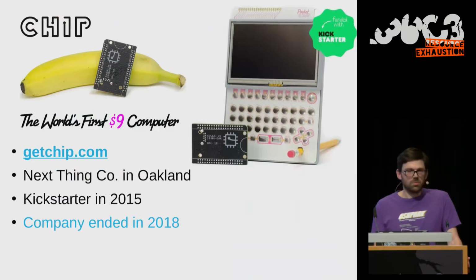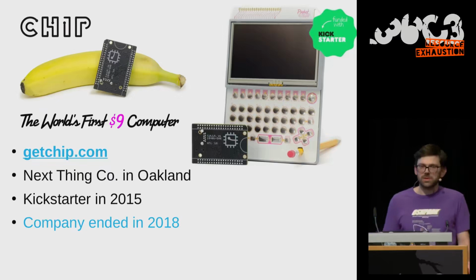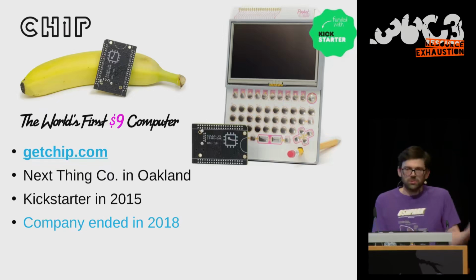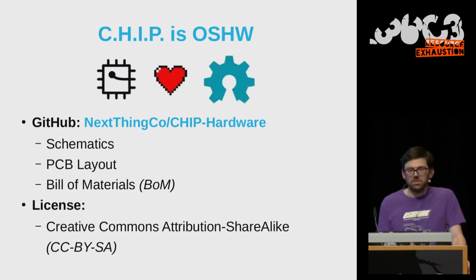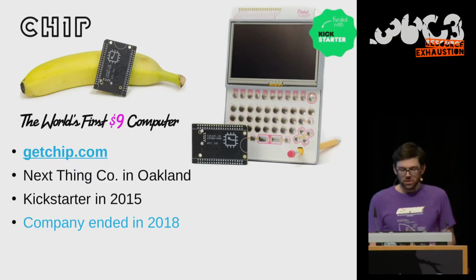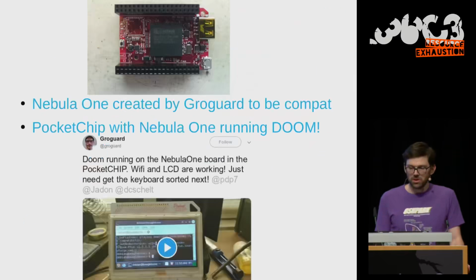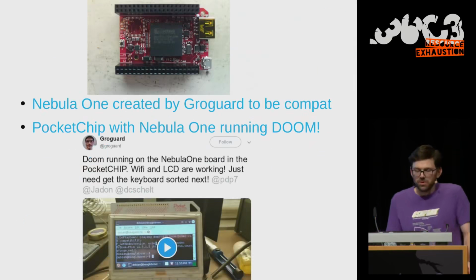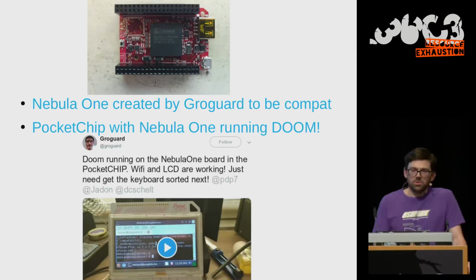Another interesting open hardware project was the CHIP, which you might have heard of. It was billed as a $9 computer. They had a really successful Kickstarter back in 2015. Unfortunately, the company went out of business in 2018, 3 years later. But the cool thing about it was all open source hardware, the schematics, the PCB, the bill of materials. And if you see here, there's this really cool thing called the Pocket CHIP, which was this nice handheld little Linux computer. It was really cool. But the company went out of business, which was unfortunate. But this one person, Christopher, he goes by Grogard, he designed his own board that